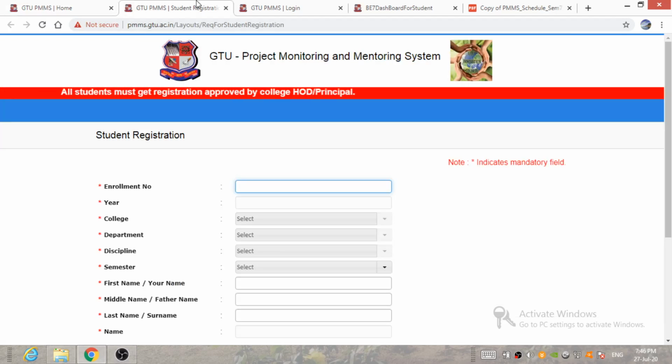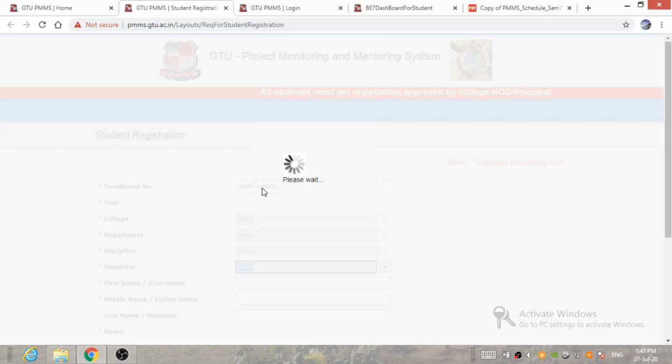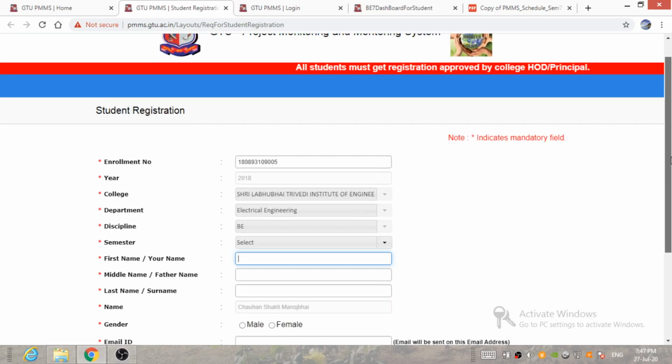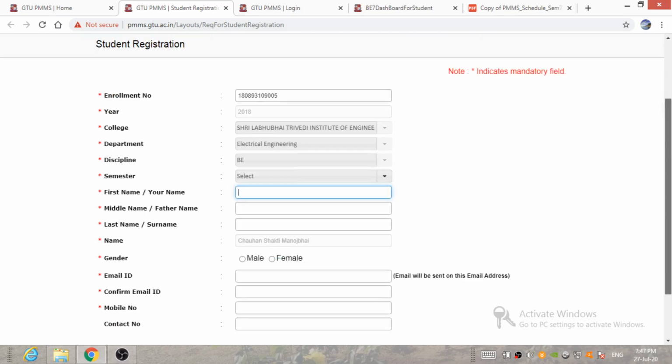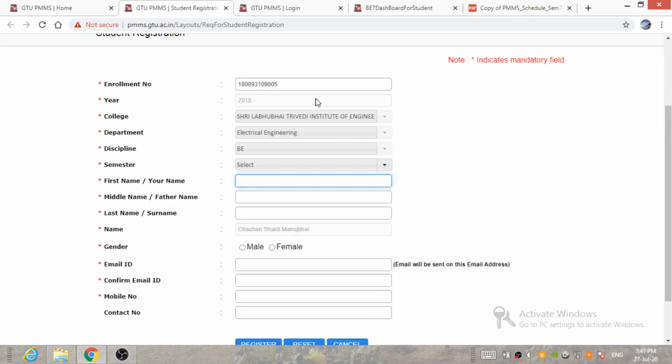After clicking on this tab, the student has to enter his or her enrollment number. After entering the enrollment number, just press the tab button. This information has been automatically generated by the portal.